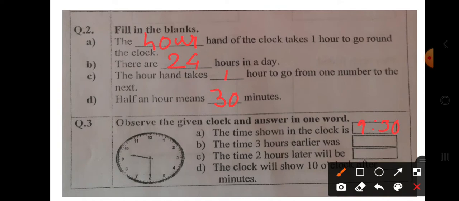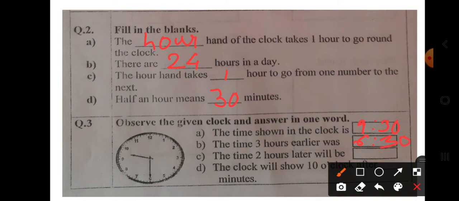We'll go backward, right? Before 9:30, 8:30, then 7:30, then 6:30. Before 6:30, it will be 5:30. It will be 6:30, not 5:30. It will be 6:30.